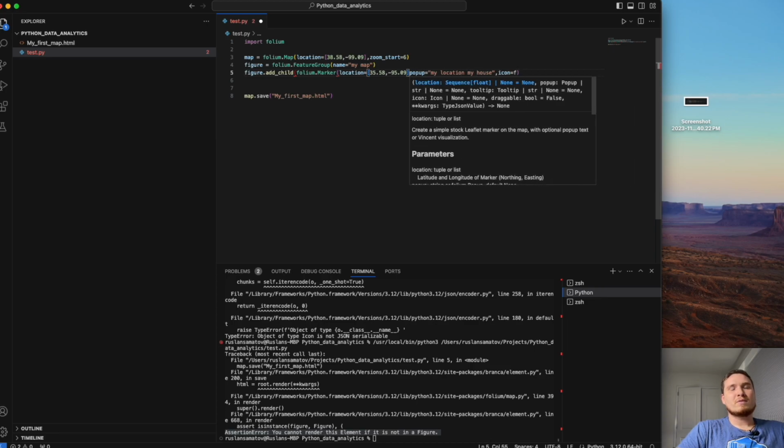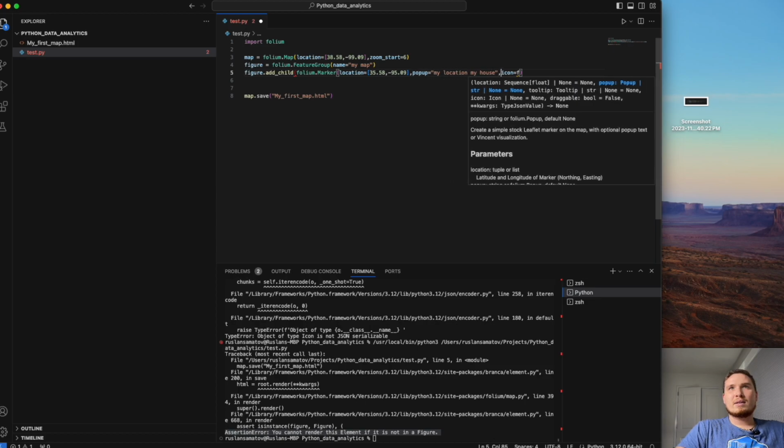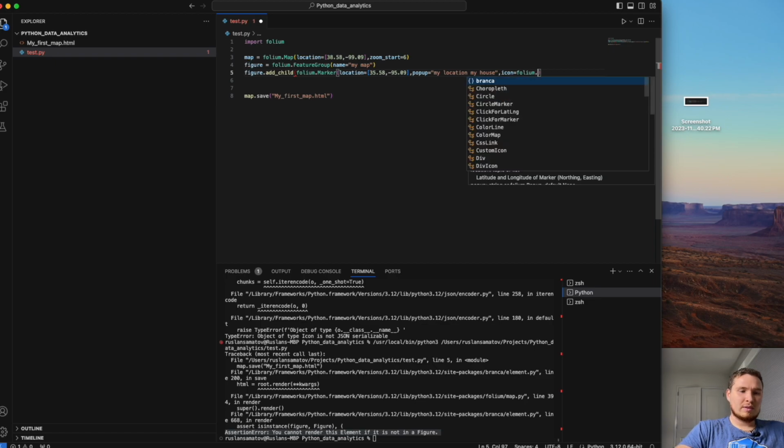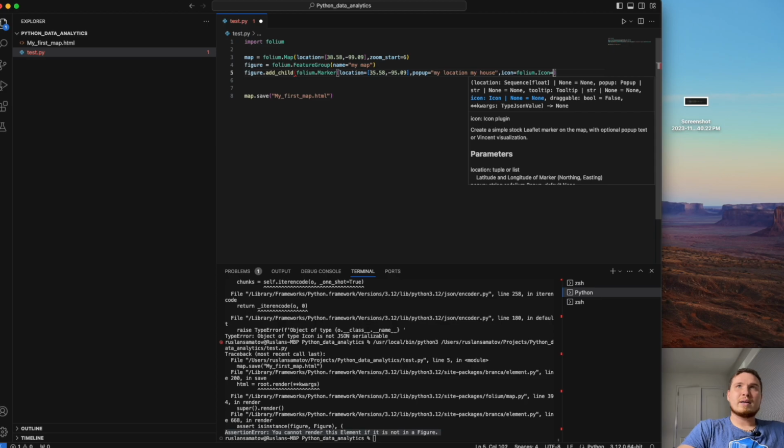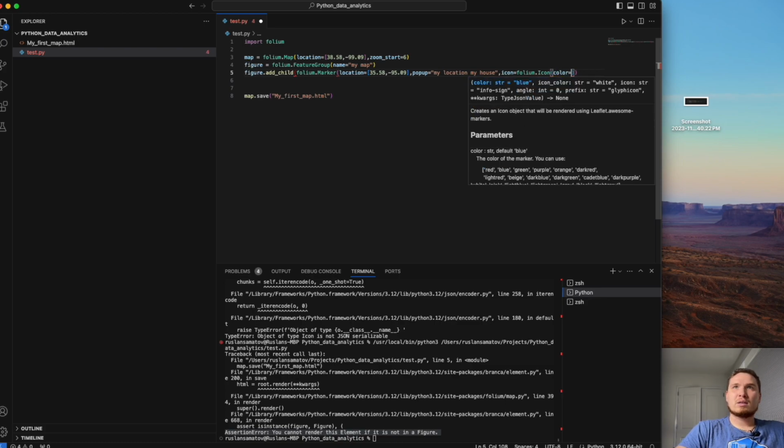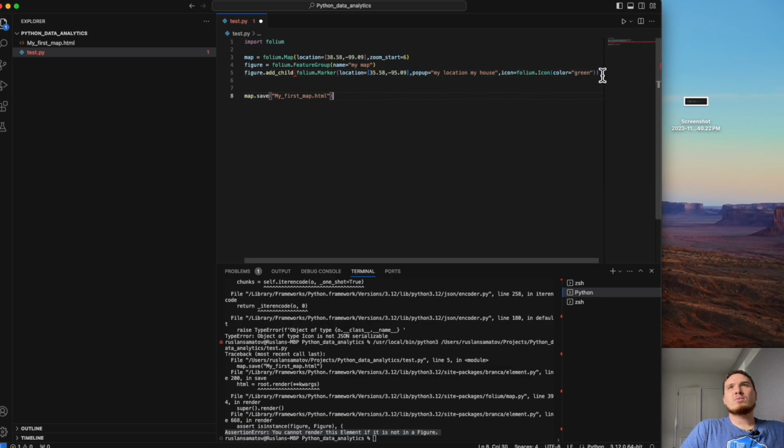You see, it's first parameter, comma, second parameter, and now I need a third parameter. Folium dot icon, and now I can specify the color of my icon. Color green. Now it looks legit to me. Let me close the brackets.